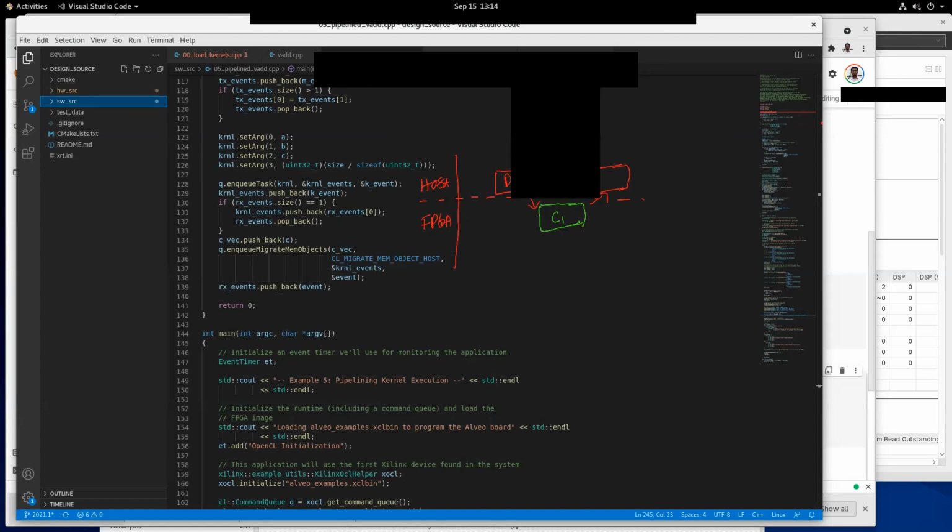As computation C1 is happening, if we can do the second data transfer D2, if you overlap the second data transfer D2 with C1, then by the time C1 finishes, this data D2 is available for C2 here.